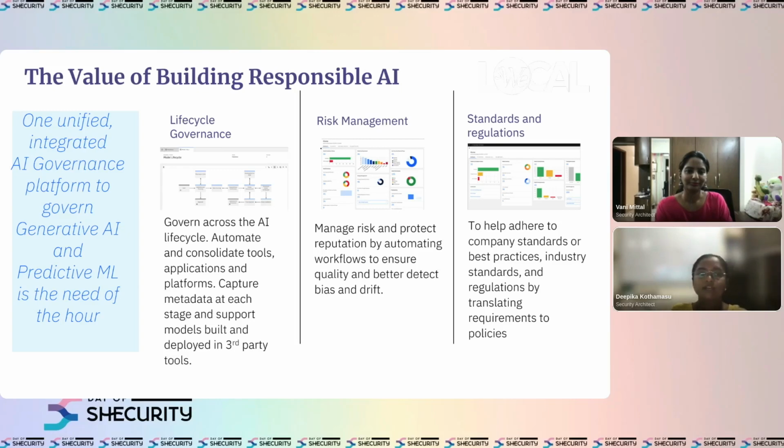The next one is the compliance part. Just like we follow certain rules in a game, we have to stick to policies, industry regulations, and laws, so that complicated data-related requirements are translated into simple guidelines that we all can follow. So that's the gist of AI governance, a unified approach when we build AI governance with all these elements in mind. Okay, let's move on.